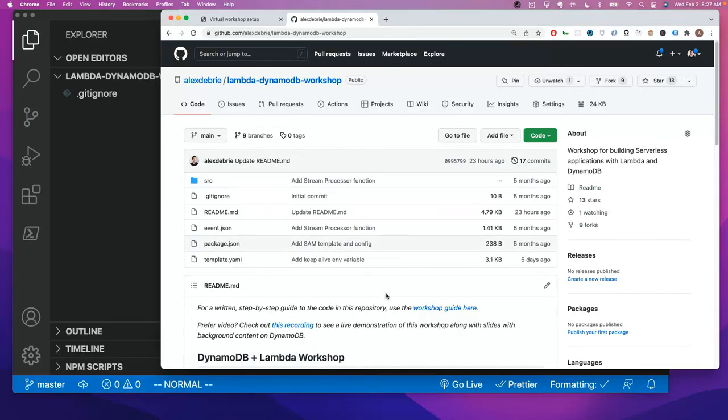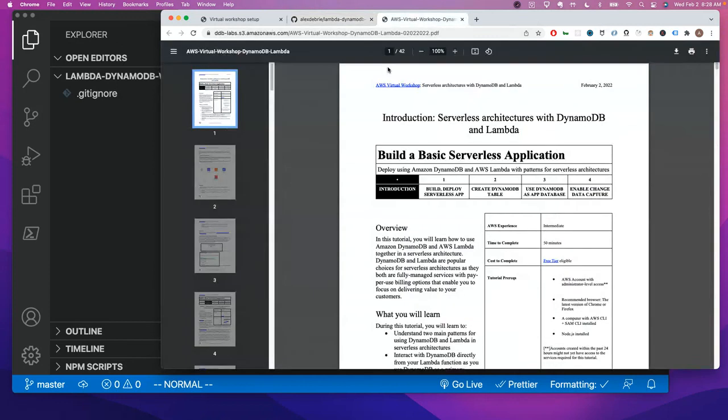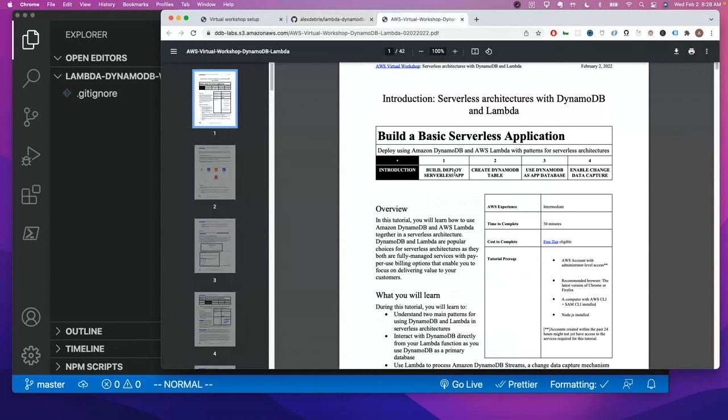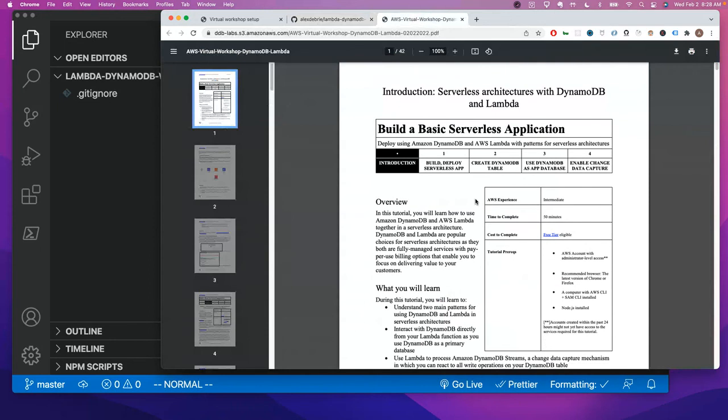So check out that workshop. The last link I sent in is a written step-by-step guide to what's going on here. You can also see that linked in the GitHub repository. If you click on that workshop guide, here we go, we've got a 42-page guide for you. We're going through all this in deep detail: the concepts, the code you need to write, the commands you need to run, and how you test it and understand what's happening behind the scenes. So make sure you check that out, especially outside of